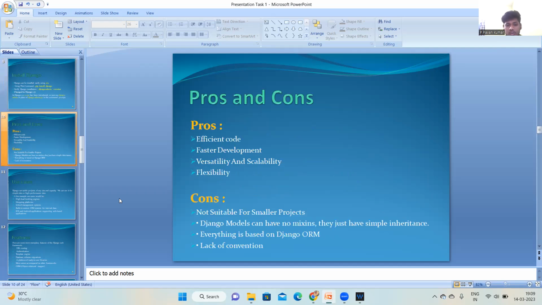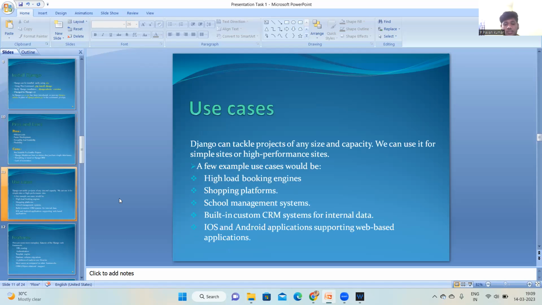Coming to pros and cons. Django's pros are efficient code, faster development, versatility, scalability, and flexibility. Its cons are that it is not suitable for smaller projects, its models have a simple inheritance, and there is a lack of convention. Coming to use cases, Django can handle projects of any size and capability, and can also be used for simpler sites.